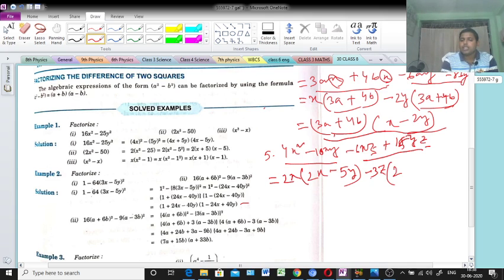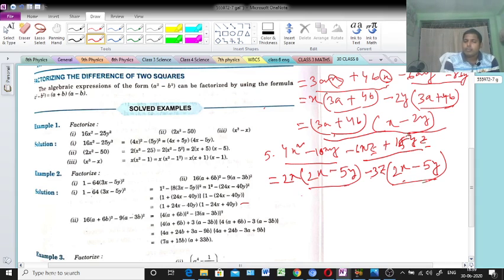So after common we are getting what? Here 2, because 3 times 2 is 6, minus already taken, from 6 3 taken, that means 2 will come, and x is left, x will come. Clear or not? From the positive sign, plus sign, minus taken, that means here another minus will come, because one minus taken means another minus will come, so that's why here minus. And from 15 3 taken means 5 will come, 3 times 5 is 15, and y is left, y will come, and z already taken, so that means 2x minus 5y. So 2x minus 5y is coming here and also coming in bracket there, that means the answer is correct.